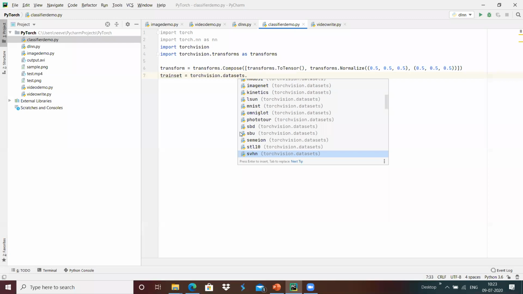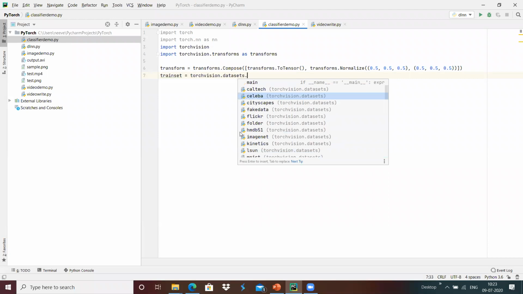And if we want to create our own dataset, we are able to create it. Maybe that we will see in tomorrow's session. Yeah, this is a dataset which is already available, that we are trying to use over here.